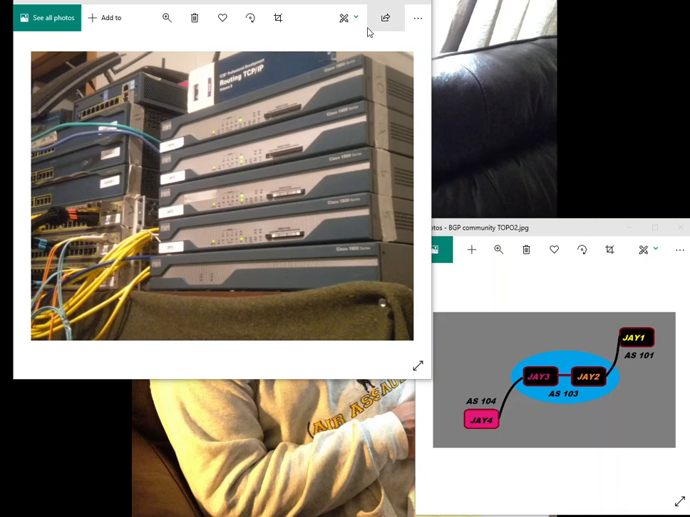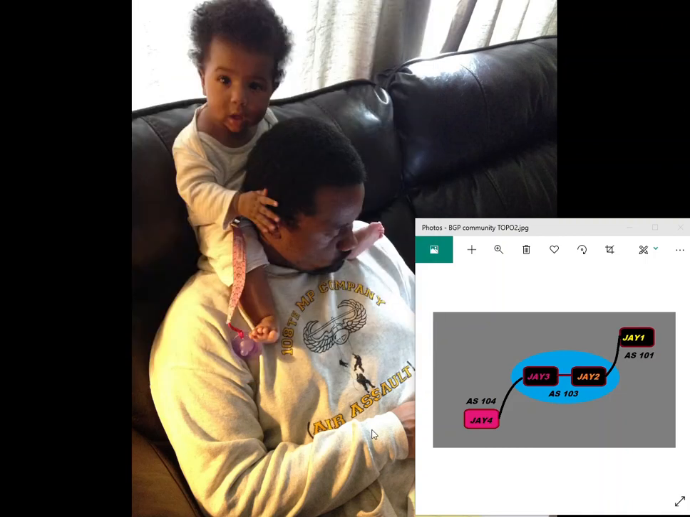But in this little example, I'm going to talk about what they call the standard communities, or you may hear the term in the industry, well known. Okay, so let me go ahead and go to